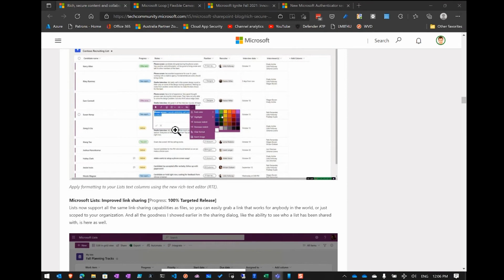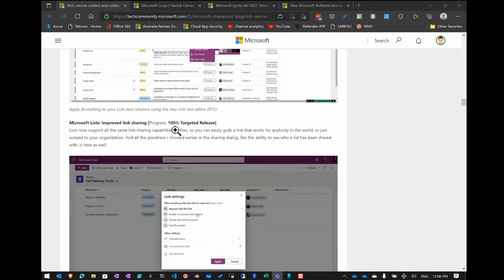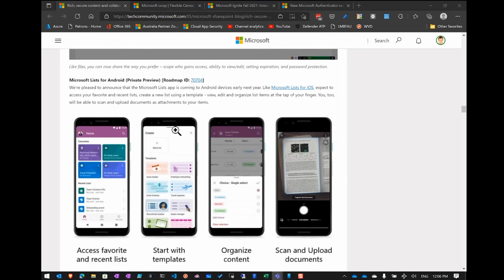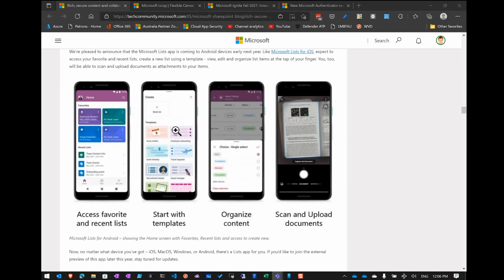So you'll see that if you do have rich text in any of your fields, you can go in and color that quickly and easily from drop-down menus, a bit like what we have in Word and so on. Like I said, an improved sharing experience. If you have an Android device, there is an app coming shortly that will allow you to get to your lists directly. One of the really big positives of this is, I think, this last option here, which allows you